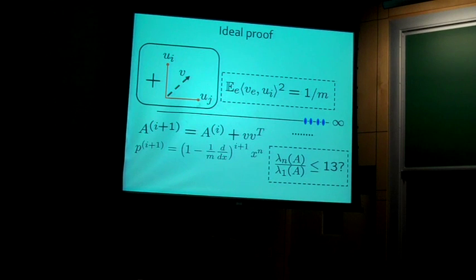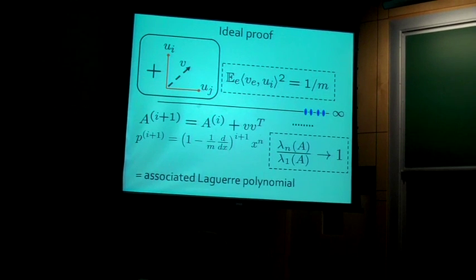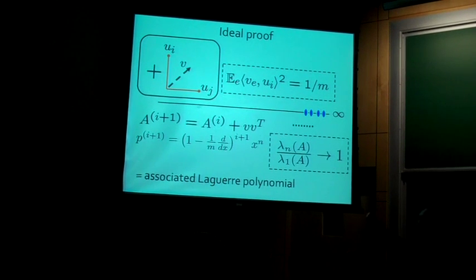And then you ask yourself the question, when you're done, is the ratio of the largest eigenvalue to the smallest at most 13? Well, it's better than that. Actually, if you keep going, the ratio of them tends to 1. And you can prove this because this operator exactly gives you a classical family of orthogonal polynomials called the associated Laguerre polynomials. And we understand the asymptotics of the roots of these exactly. And they exactly turn out to be this d plus 1 plus 2 root d over d minus 1, d plus 1 minus 2 root d bound I showed you earlier.